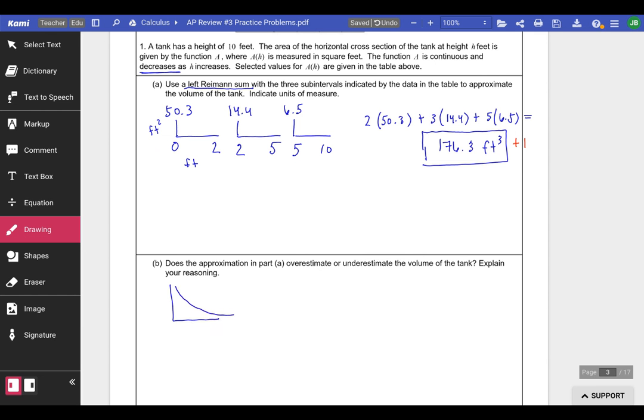I like to do these just by doing a sketch. So there's my decreasing function. If I take some subinterval here, since we used a left Riemann sum, I'm going to use that left endpoint to determine the height of that rectangle. When I draw that rectangle, what I notice is it's going over the curve by that amount. So here I would say the estimate is an overestimate,